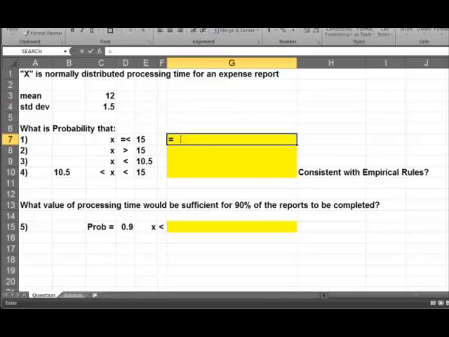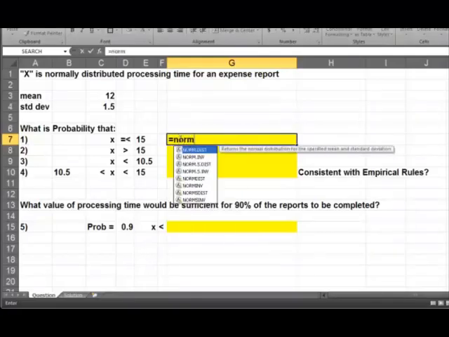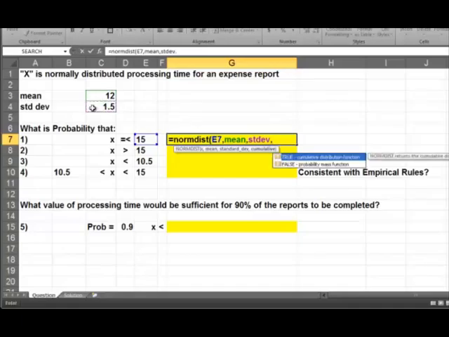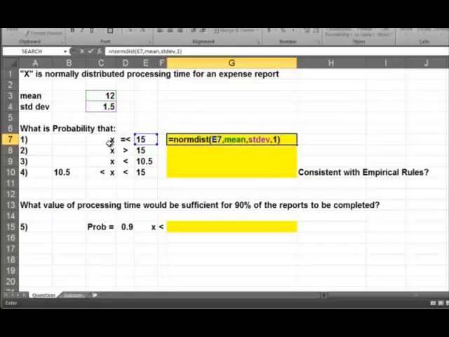So I'd say equals NORM.DIST, and then I plug in my value of X, which is 15 in this case, comma, my mean, which is 12, and I've labeled that mean in this formula. My standard deviation, 1.5, I've labeled that STDEV. And I'm going to put a 1 here for the cumulative probability because I want the probability of being equal to or less than 15. And I get a probability of